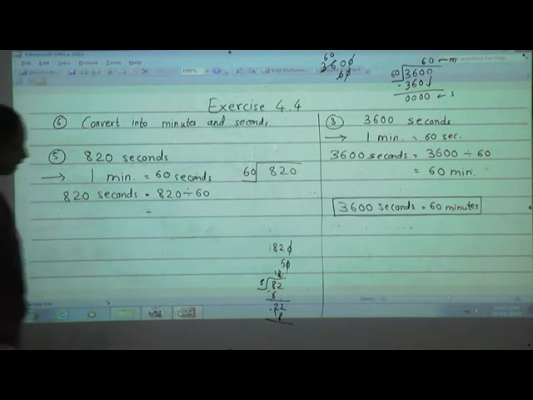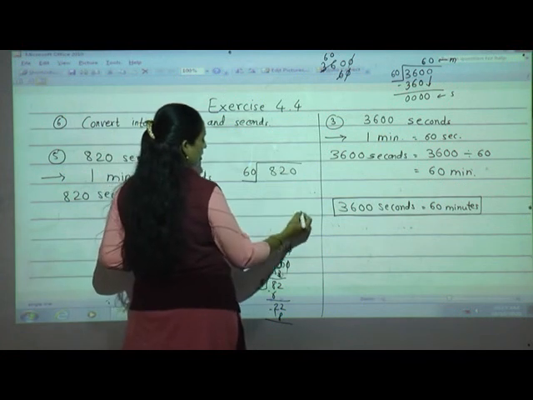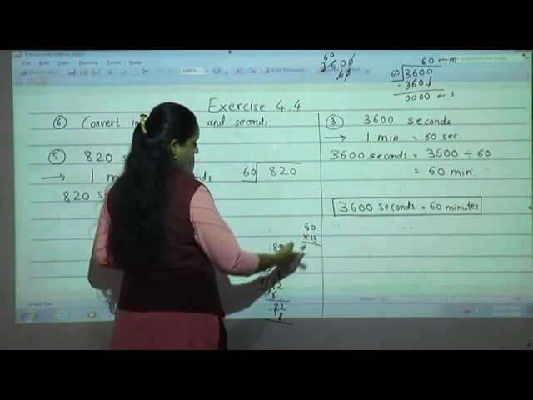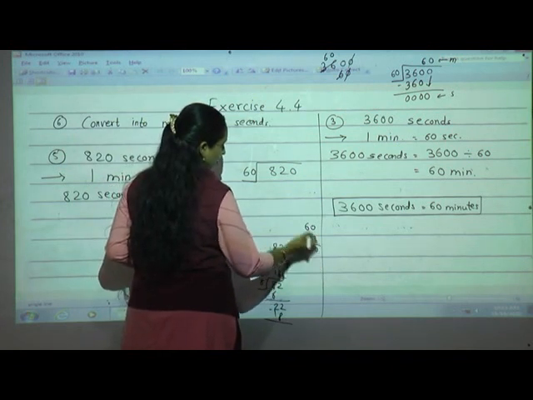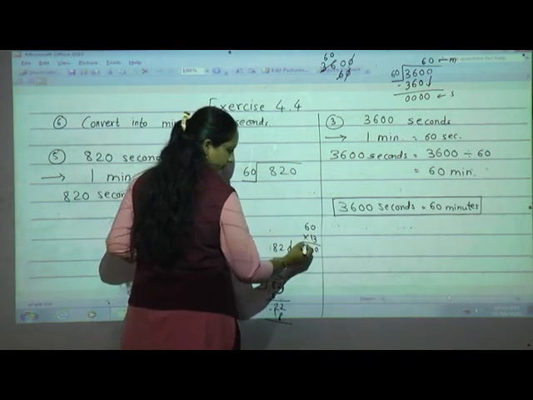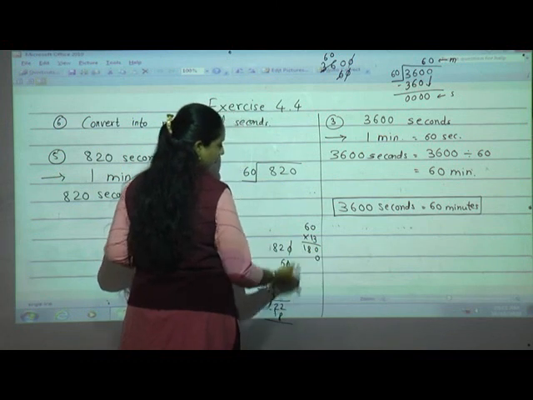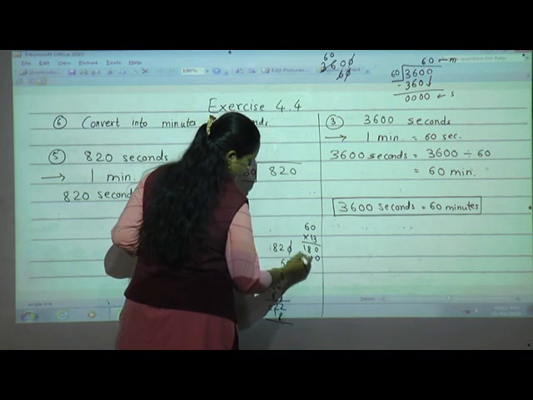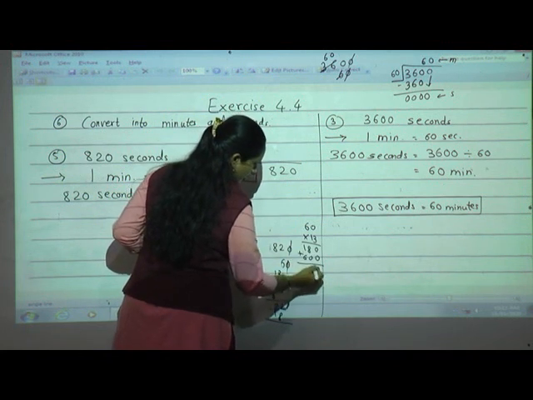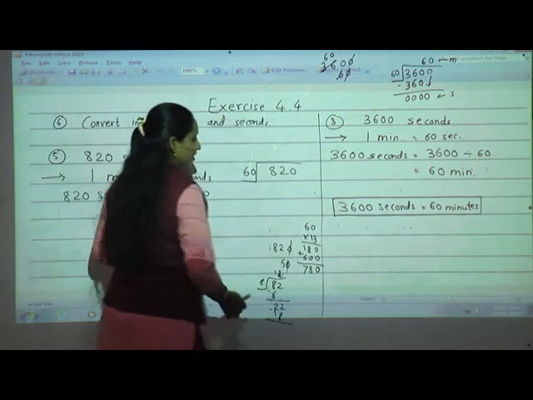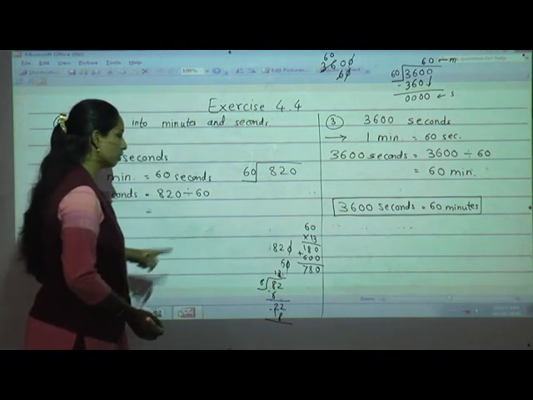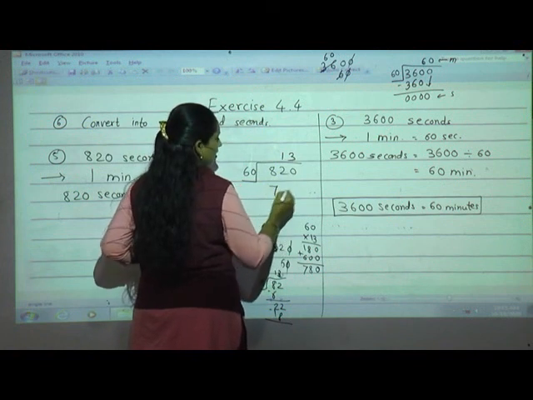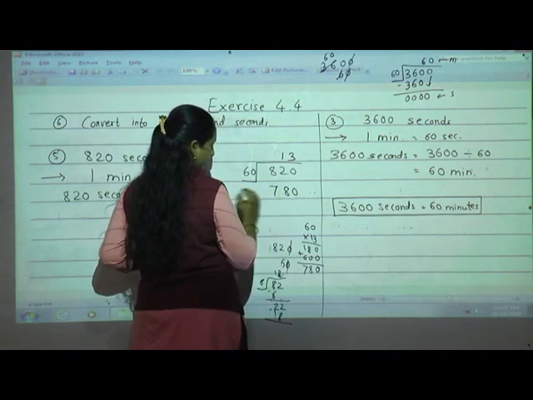So what I'll do, I'll try with actual number 60 multiplied by 13. See, 0 as it is, 6 threes are 18. I will give 0, then I will go with tens place. 1 zeros are 0, 1 6 are 6. We will add now 0, 8, 7. See, it is near about the same. So I'll write 60 13s are 780.